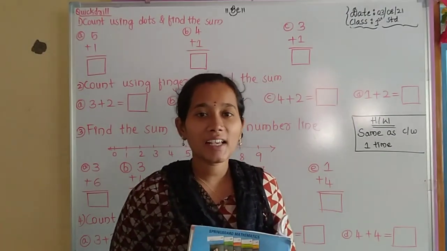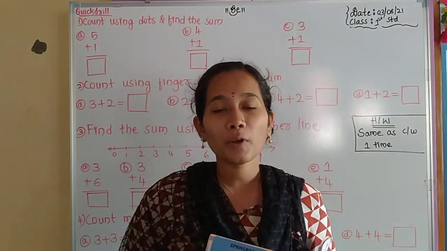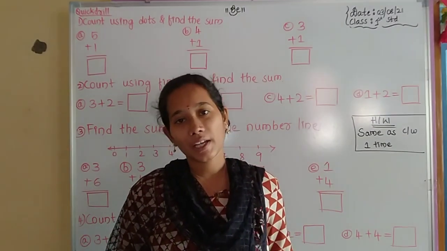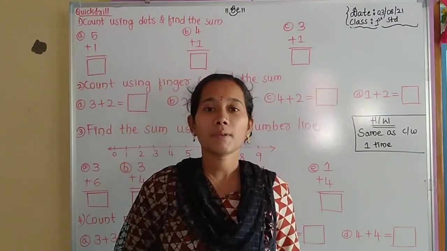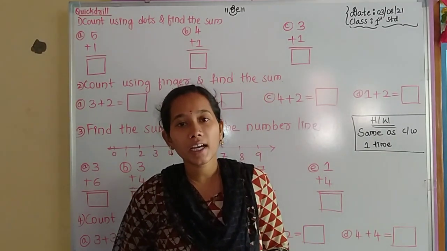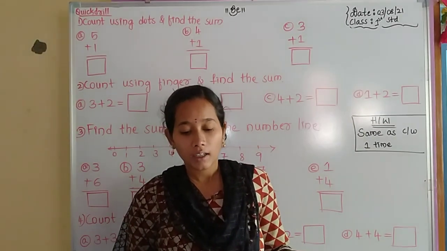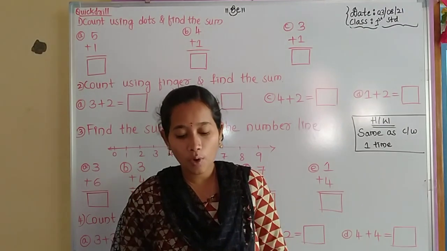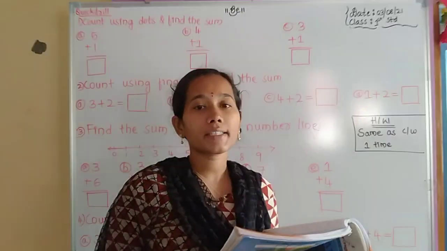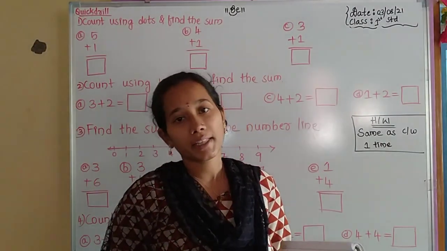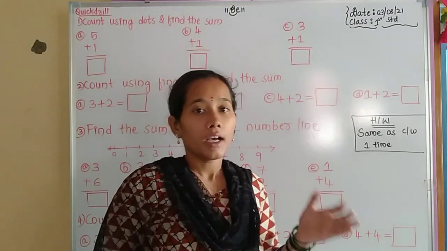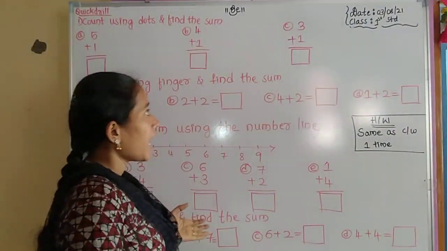Students, in the previous class we discussed the four important methods of addition. What's the first method? Very good. Addition using the fingers is the first method, and the second one is addition on the number line. The third one is addition using the what? Dots. And the fourth one is what? Mental arithmetic. Okay. In today's class we solve some examples on those methods. One by one, we have to solve some examples on addition here.